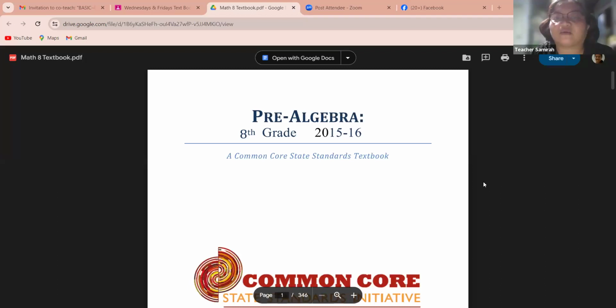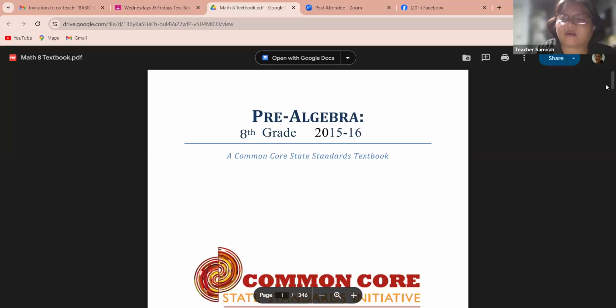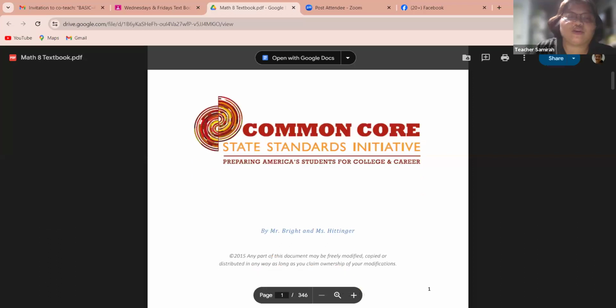Okay, that one. So you can see the book, right? You can see the book that was being shared by Sir Harry last time. It is all about pre-algebra. It is an 8th grade book. So it's a good thing that we have this kind of lesson, because you will be able to study algebra in advance. You will have the basic know-how regarding algebra, so it will actually be very, very good on your part.